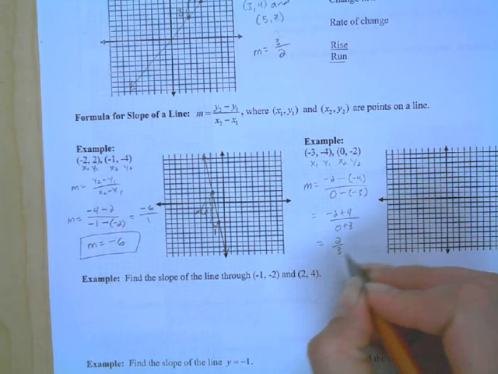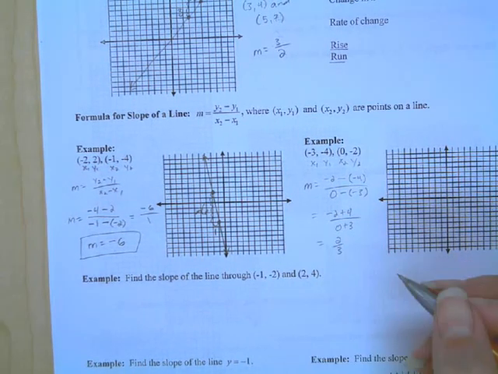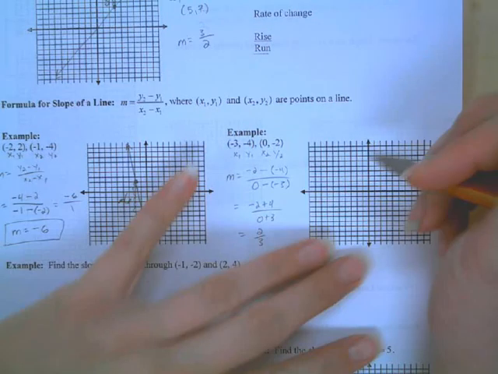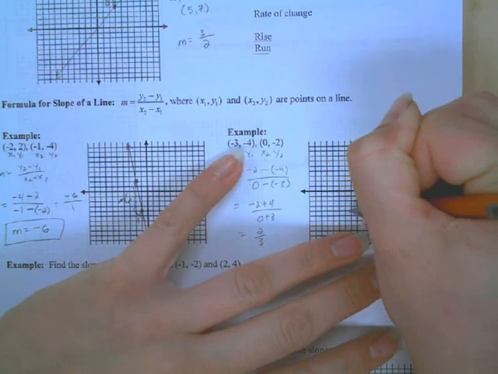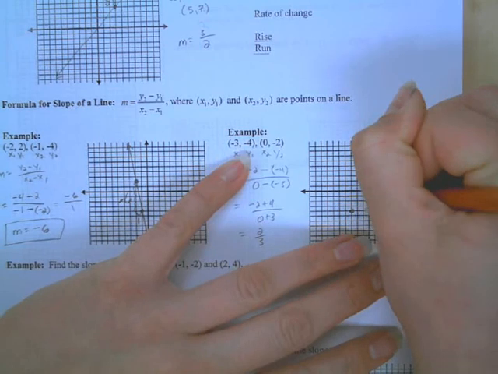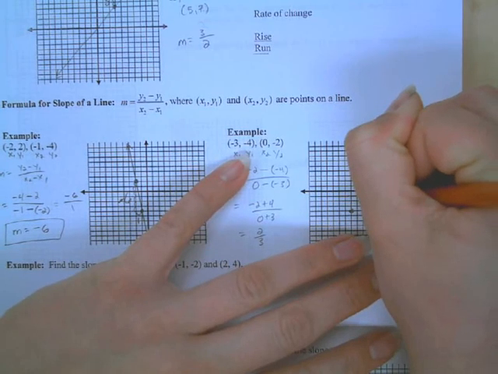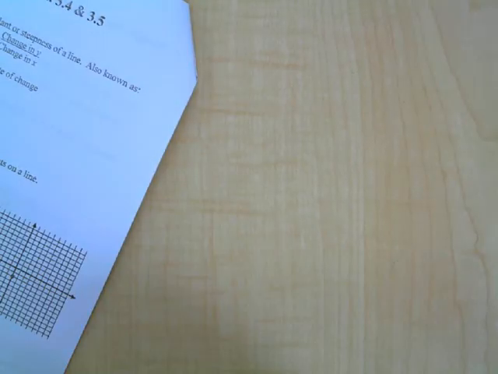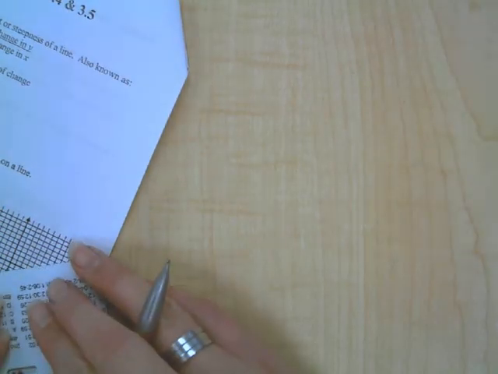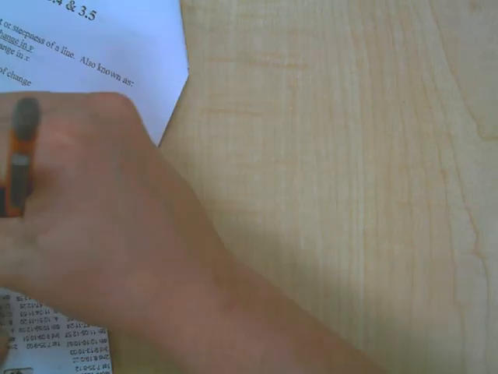Sometimes they just give you two points and say find the slope of the line through those points. So you just plug it in, and always label them. I've been doing this forever, and I still label them just to make sure that I don't accidentally switch them around. Once you've decided that this is 2, they have to both be 2. Once I've decided this is 1, they have to both be 1. I can't switch and have x1 and y2, or x2 and y1. That doesn't work. Okay, so we've got y2 minus y1,